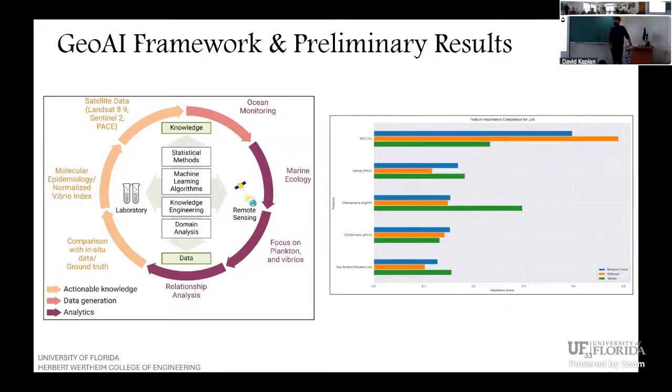Marine ecology was understood, with a focus on the plankton and the Vibrio and the chlorophyll and the temperature and all other variables that have a complex relationship, and a comparison of the satellite predictions with the in situ data, as we did in the cholera DSS. We verified our potential cholera risk map with the countries, for Yemen and all. Bringing into the picture the epidemiological angle and the satellites from Landsat 8 to 9, Sentinel to PACE as well for the hyperspectral data and oceanometry, and bringing everything together creates a GeoAI framework.